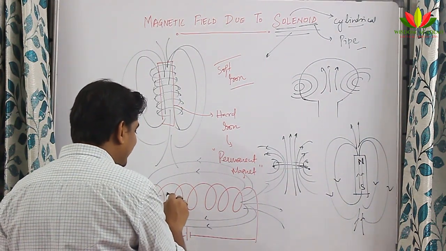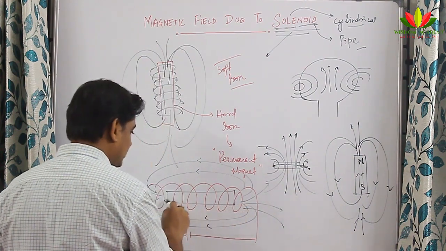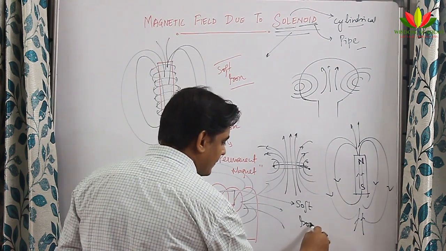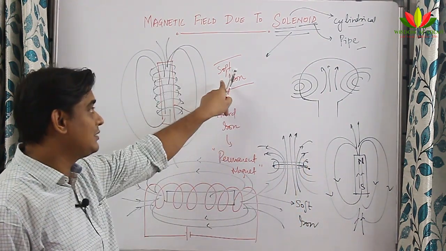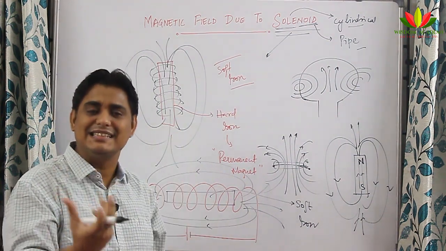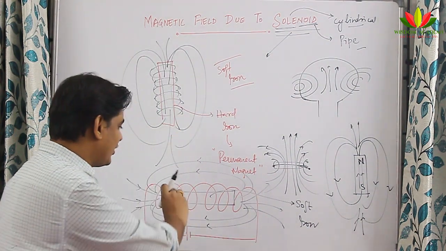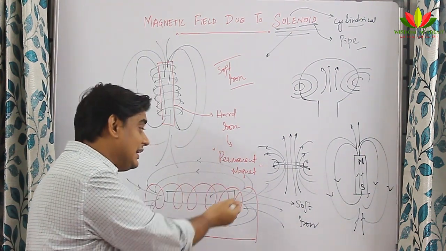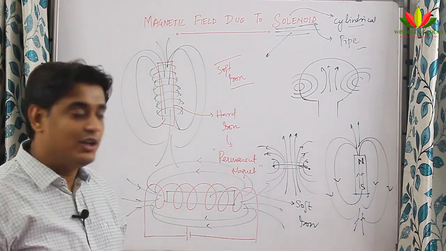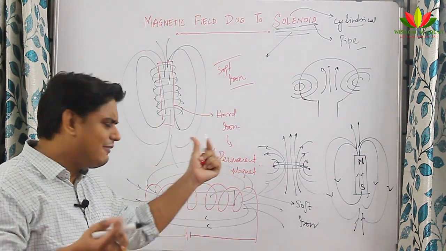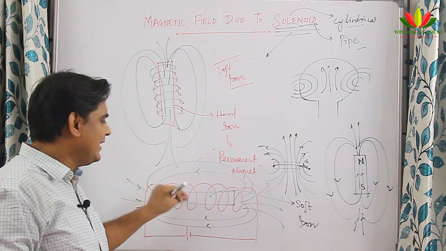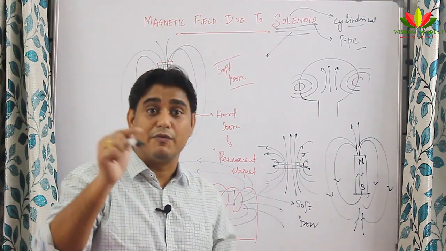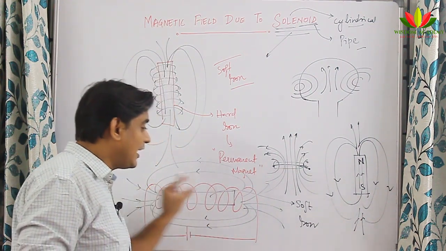Suppose I want to increase the magnetic lines of forces or increase the magnetic field. What you can do, you can keep inside a soft iron core. So the moment you keep inside a soft iron core, what happens? I said you just now, soft iron core is a material which will magnetize easily inside a solenoid. So when you keep a soft iron core, it gets magnetized. So in addition to the magnetic field given by the solenoid, this will also start giving some magnetic field. So our magnetic field strength will increase. And again, when you switch off the current, then this will get demagnetized. This iron, you can take it out. So one way of increasing the magnetic field without changing the current is to put a soft iron inside the solenoid.